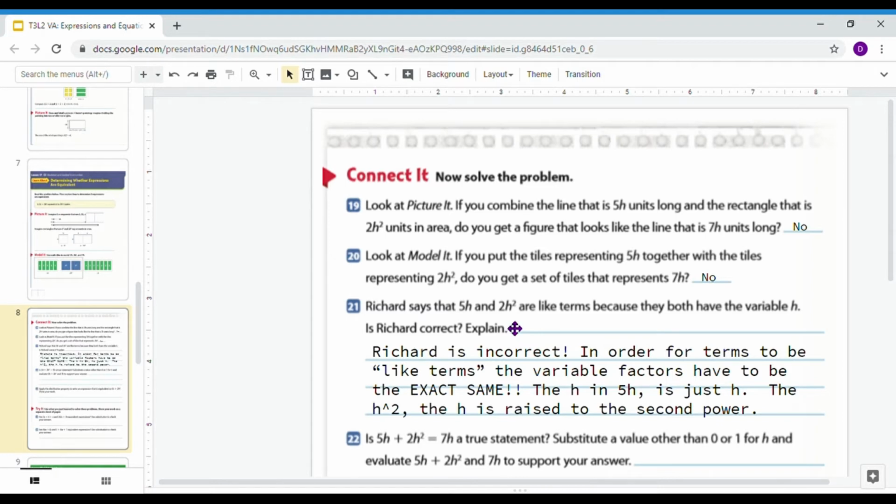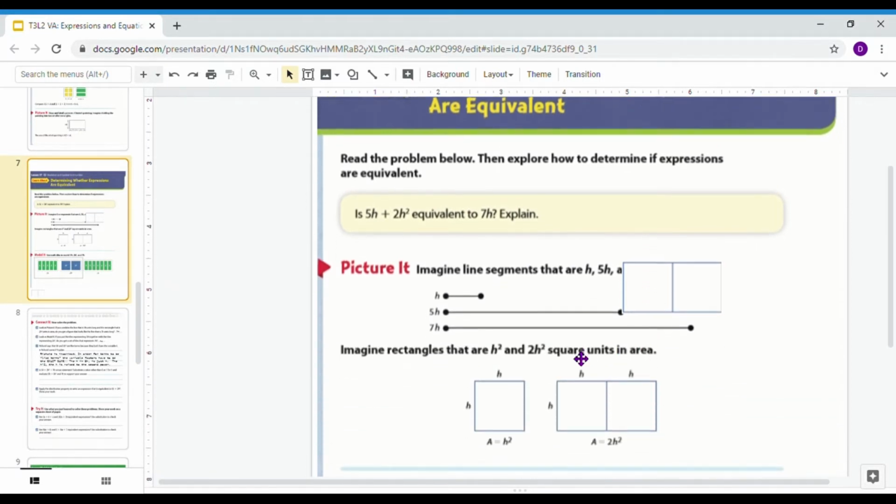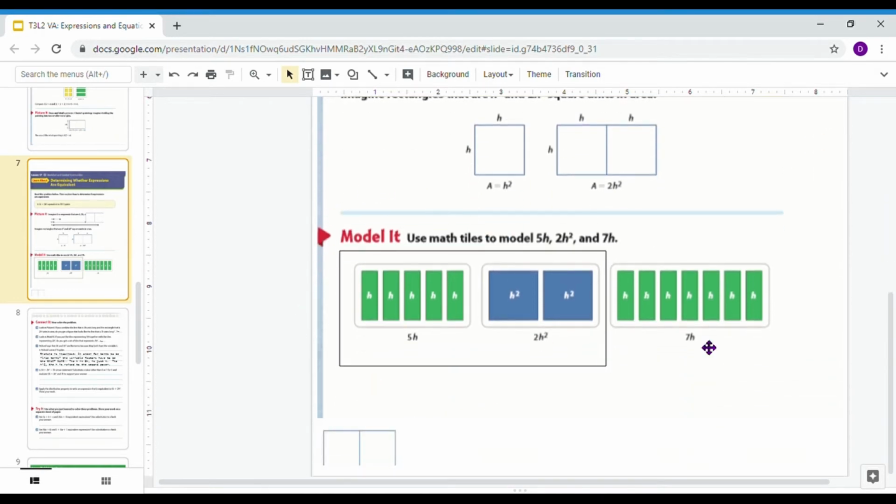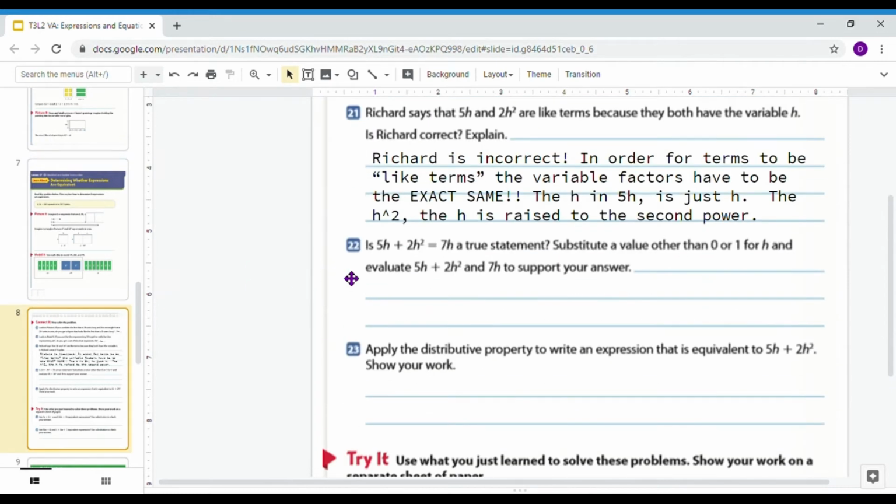And that's why when Richard showed that and we looked back at his work, we could very easily prove, hey, this is significantly longer. And in the model, those two diagrams do not look the same. And the reason is that they're not like terms. So for number 22, it says, is 5h plus 2h squared equals 7h a true statement? No,